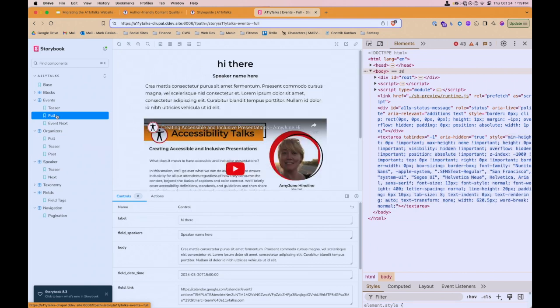The beauty of the Storybook module is that it's all Twig. You're not trying to render Twig through JavaScript. It's actually using the Drupal template engine to render the stories. That's good and it's bad. It's good because you're using native Twig like it's supposed to be used.